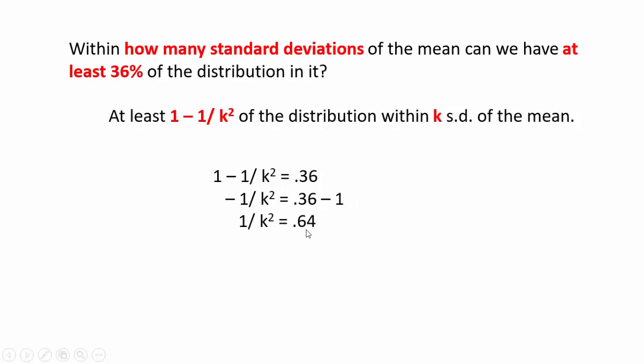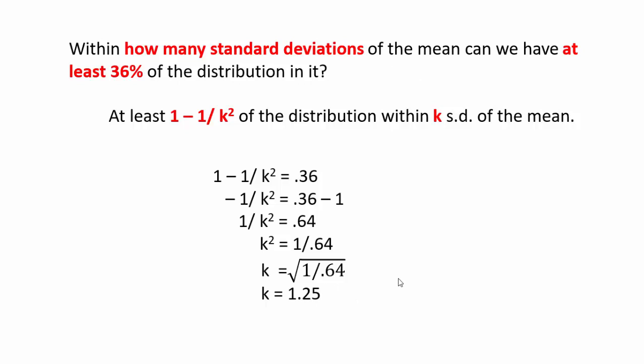So I get this. Then if I multiply k squared on both sides and divide by 0.64 on both sides, I get k squared is equal to 1 over 0.64. And I take the square root of both sides of this equation, so I can solve for k. K is the square root of 1 over 0.64, which is actually 1.25. So we got it. Now if you want to find out within how many standard deviations of the mean we can have at least 36%, that k is 1.25. So we will have at least 36% of the distribution lie within 1.25 standard deviations of the mean of that